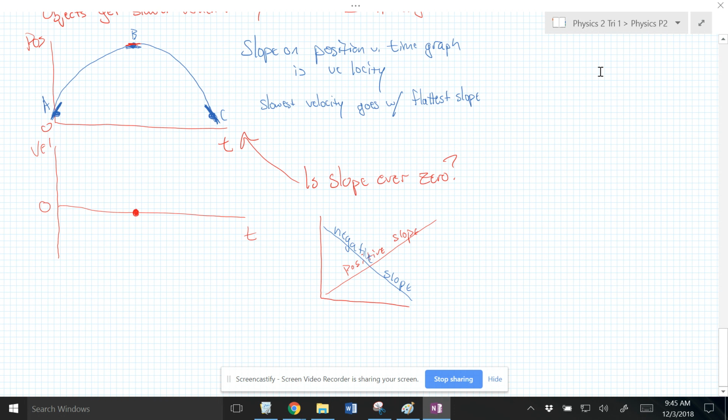So we talked about the appearance of the position versus time graph. The initial position and the final position are by the detector. So that's why A and C are located there. B is as far away from the detector as possible. And then right at the end of the period,